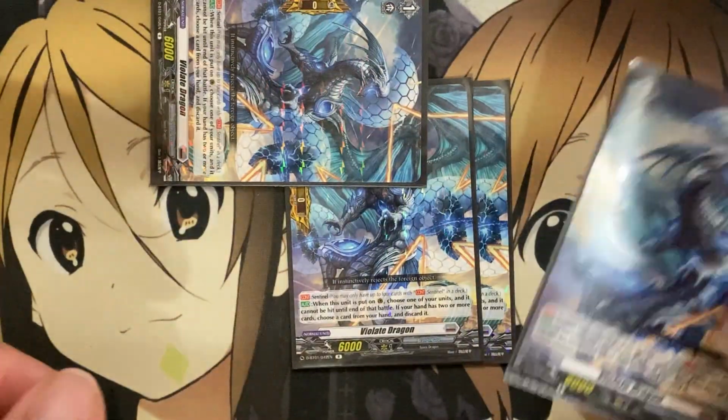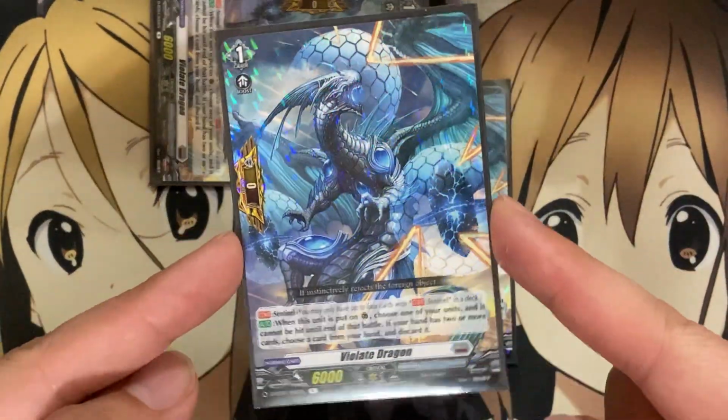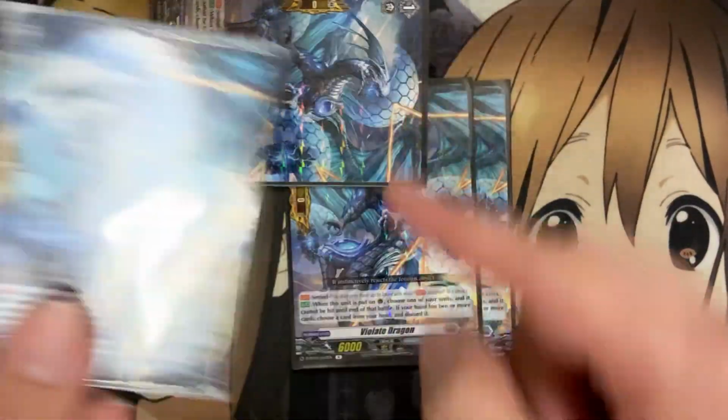If you have 2 of the Sentinel in your hand, when you guard with the first one, it specifies if your hand has 2 or more cards in your hand, choose a card from your hand, discard it, so you don't have to pay the cost if the only other card in your hand is 1 more card. So if it's another Sentinel, you can use that 1 card to guard, and then have the final Sentinel to